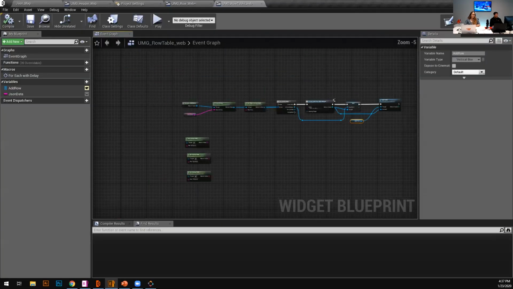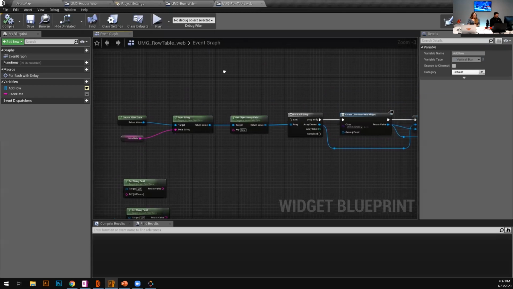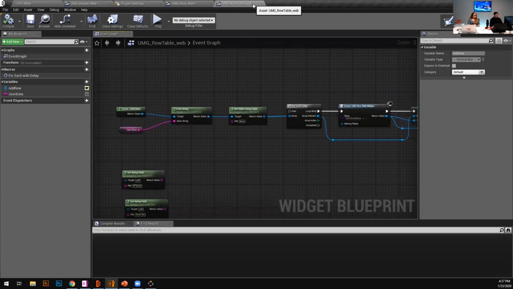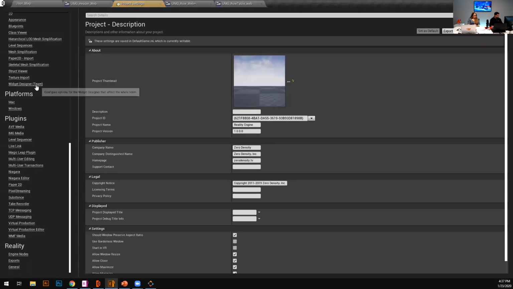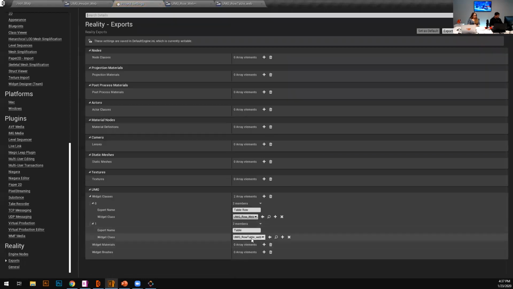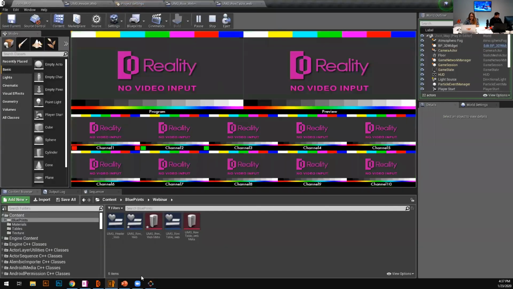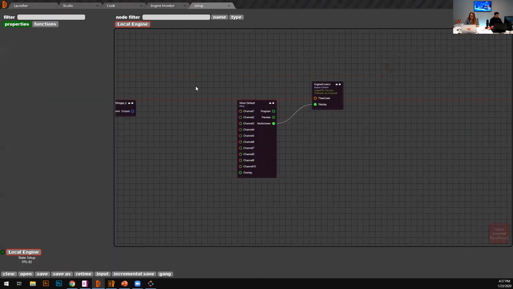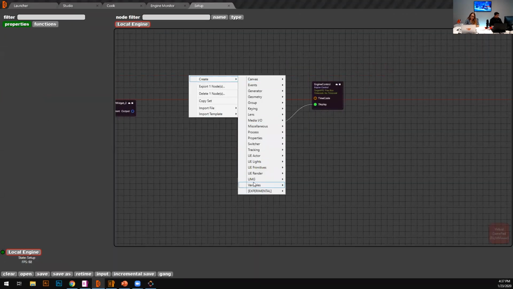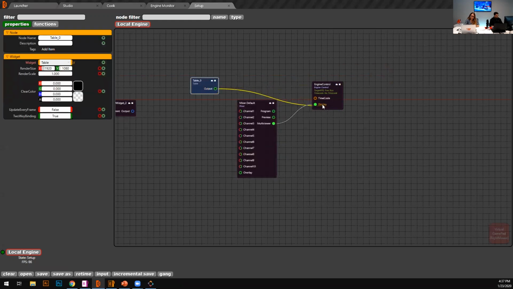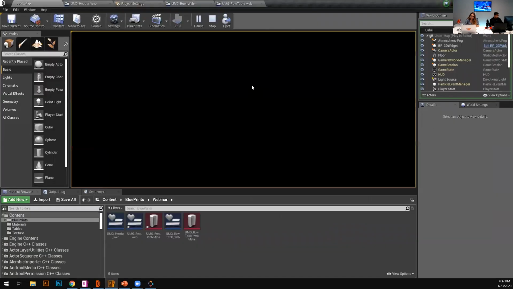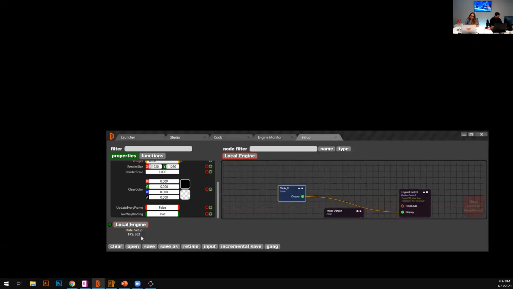Now it is my master blueprint, okay? This one. And it is UNG raw table underscore web. Let's check whether I have already exported it or not. Yes, it's exported with the name of table. So let's play it. My reality setup, it's table. Just want to see its display on the screen. Nothing. Okay. Let's